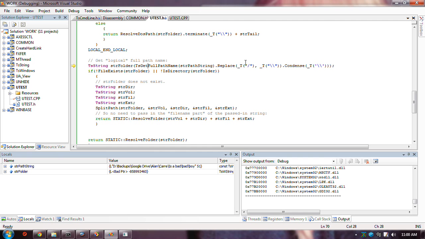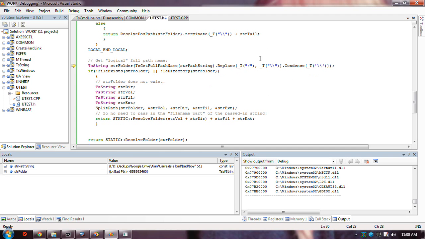And then I looked at this and it doesn't seem to do this normalization, which I want. So I'm getting the full path, and if there are consecutive slashes, backslashes, I want to turn those into single backslashes. This sequence does that.